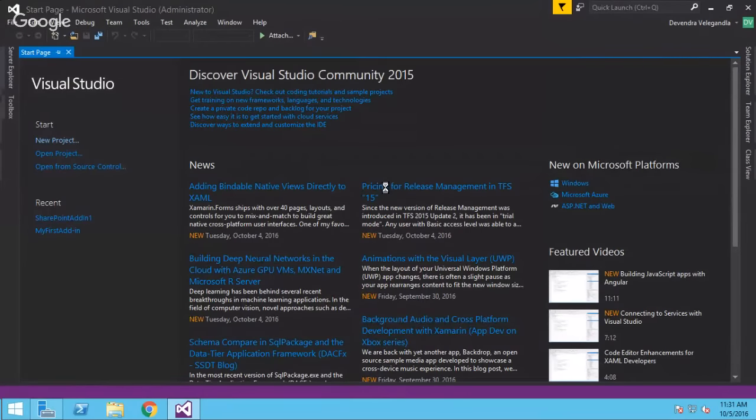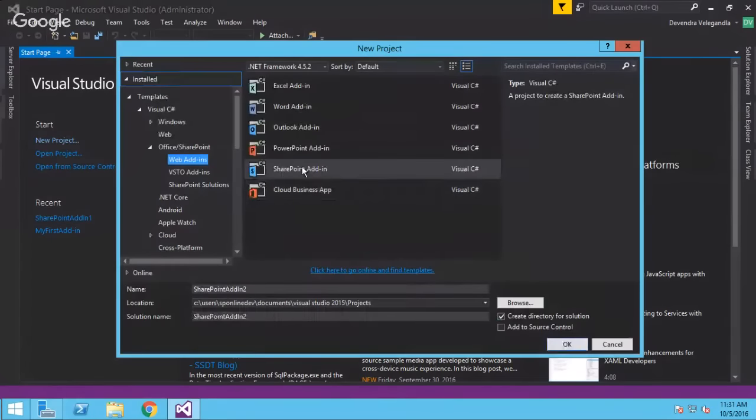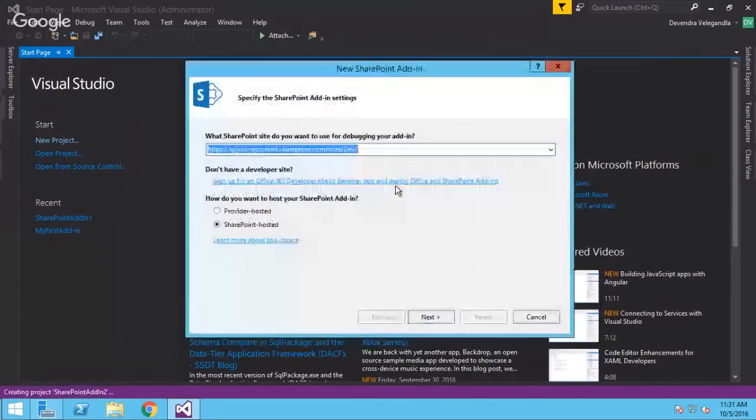When you install Visual Studio 2015, you might not see this option. Under Office SharePoint, you may not see this web add-ins. So what you have to do is install something called developer tools, which are compatible with Visual Studio 2015. Once you install that, you will see this option. Let's leave the project name as it is, you can change that at any time. I'm going to click OK, which will give me an option where I can